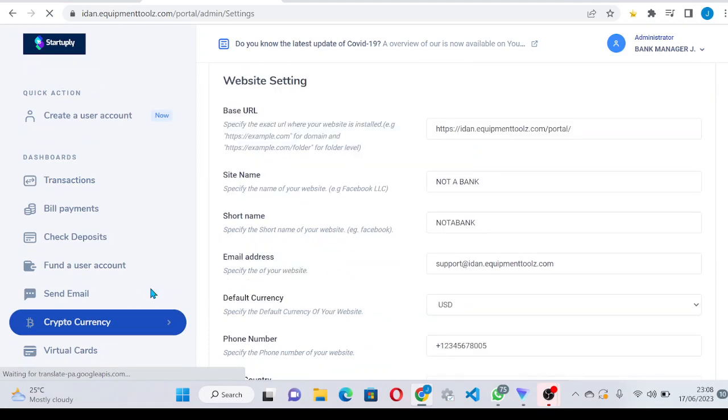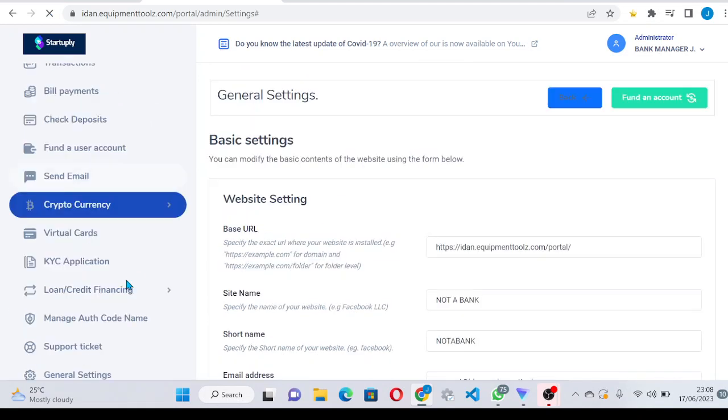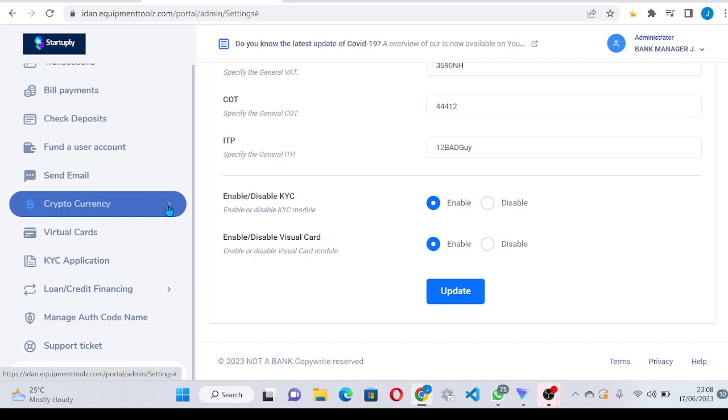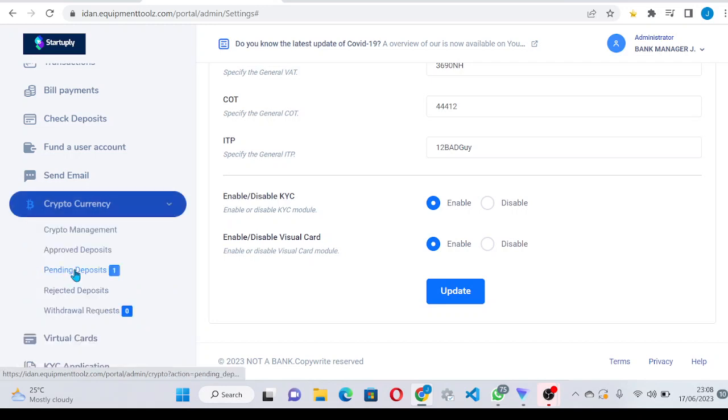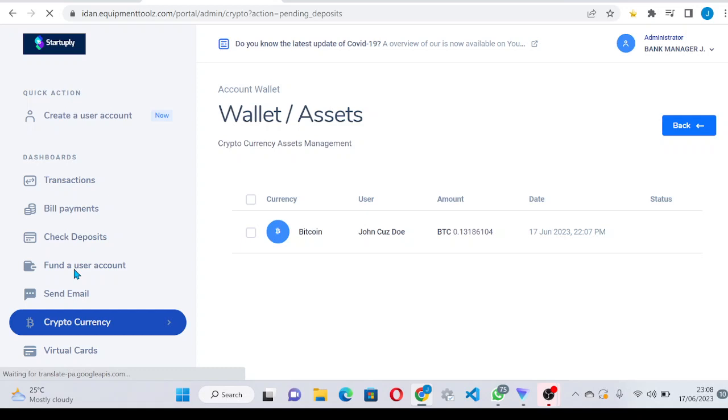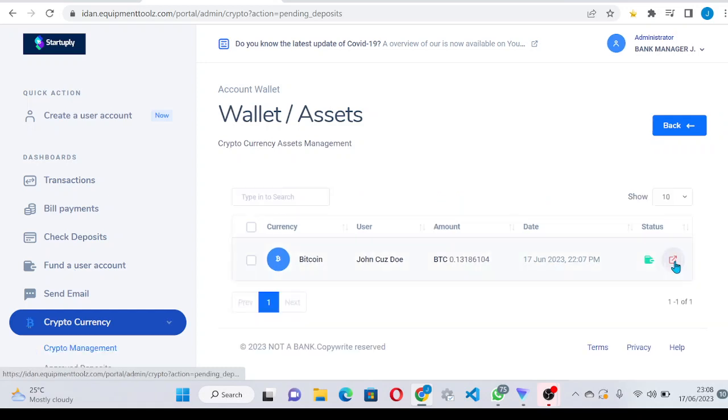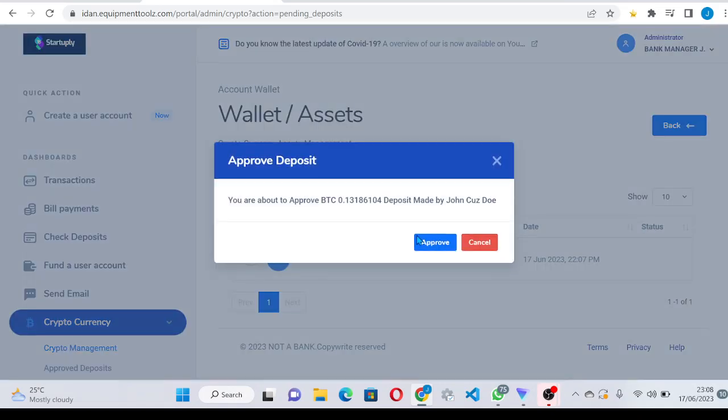if I click this small thing now, I'll see something that's a pending deposit. Once I click on pending deposit, I should see that deposit that was made. Look at it here. Let's say I've confirmed this deposit on my blockchain account. I'll just come here, either reject or approve. So once I approve it,